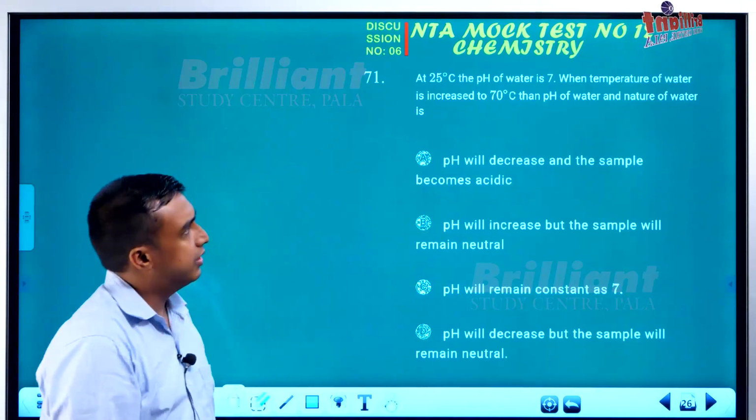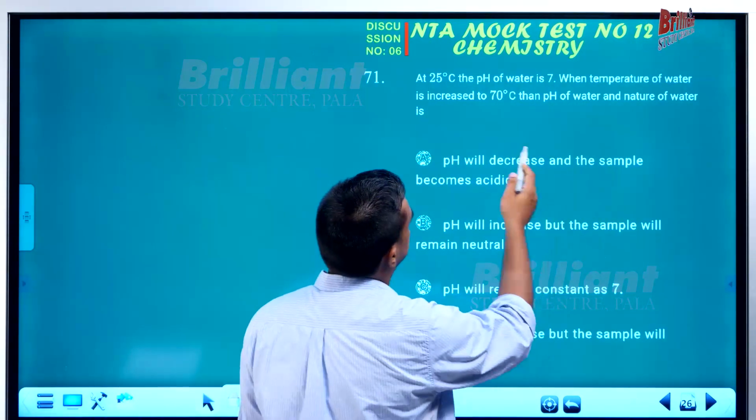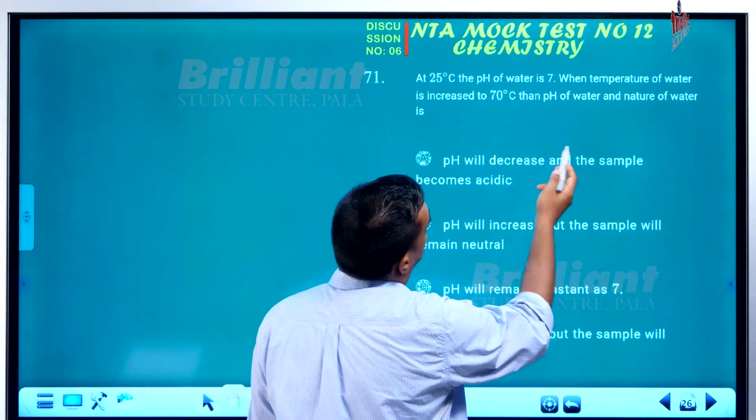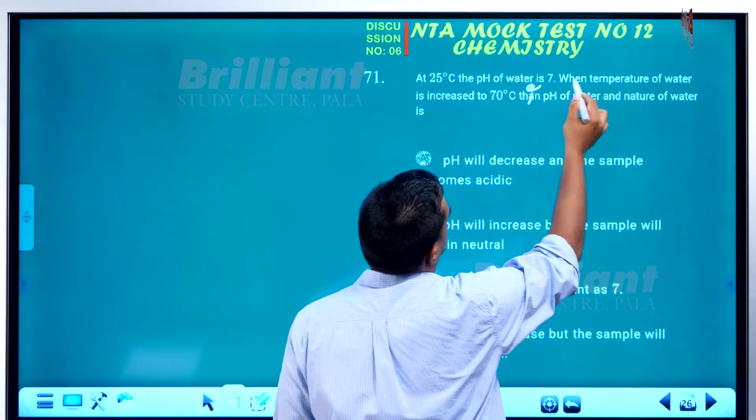Yes, we know that. When the temperature of water is increased to 70 degrees Celsius, then the pH of water